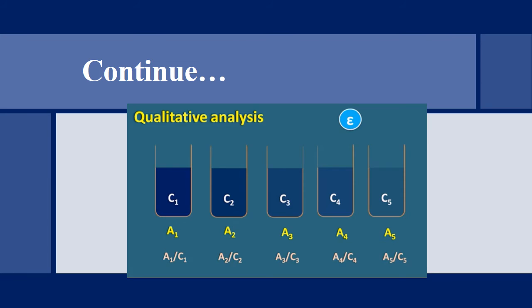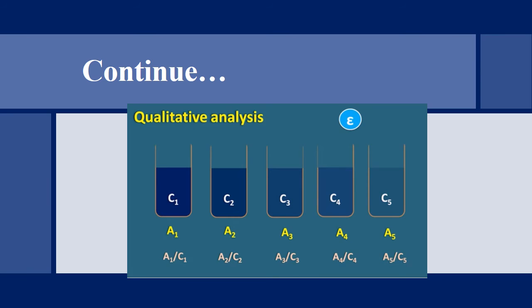Each one solution ratio should be compared with the other one to define the concentration and define the drug capacity or drug type. If there is a difference between the ratio of one solution and the other solution, then it means the drug has different types. But if there is no difference between the ratios, then it means all solutions have the same drug type. So this is the one standard type.